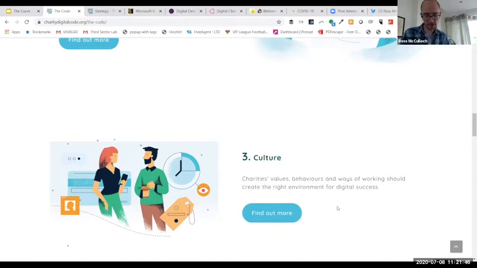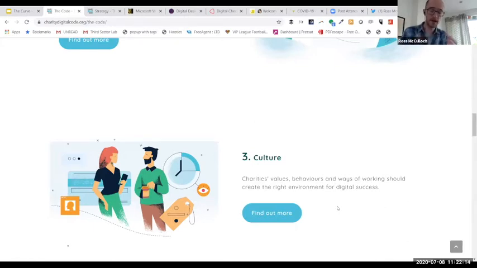So we had a DigiShift call recently, which was focused on no-code technology, so flexible technology where you can use off-the-shelf tools. And there's loads of tools now that you can build an app in-house, you can build a simple CRM in-house, you can use tools like Zapier to plug together these different elements. So when we're thinking about technology, we're not thinking about you decide what something looks like and then you go to an IT firm to go and buy that thing.